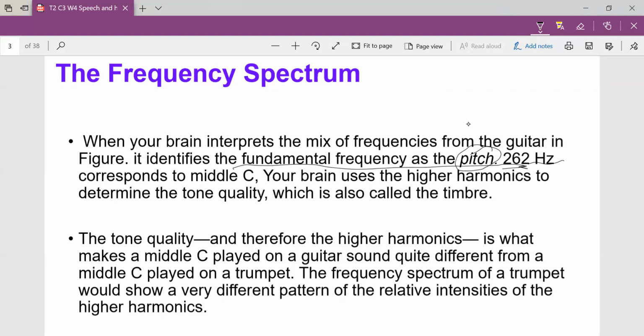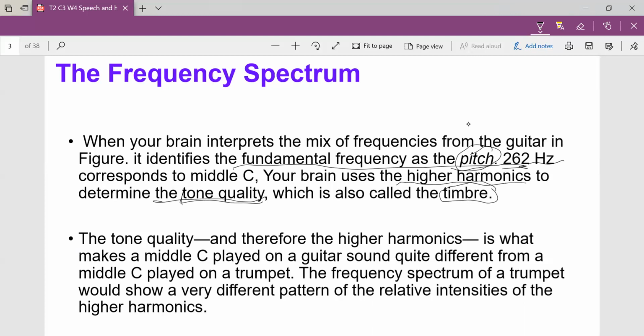And that is what corresponds to the notes that was played on that musical instrument. So our brain uses the higher harmonics to determine the tone quality. And the tone quality is what we call the timbre. So when you hear a sound, instead of our brain hearing the mixture of the sound, it's going to pick the distinct sound from the fundamental frequency, which we call pitch, to give us or tell the quality of that tone that was played. So we're able to say, oh, this is what is played on the guitar. No, this is not from the guitar, even if you are playing the same notes on the two instruments.